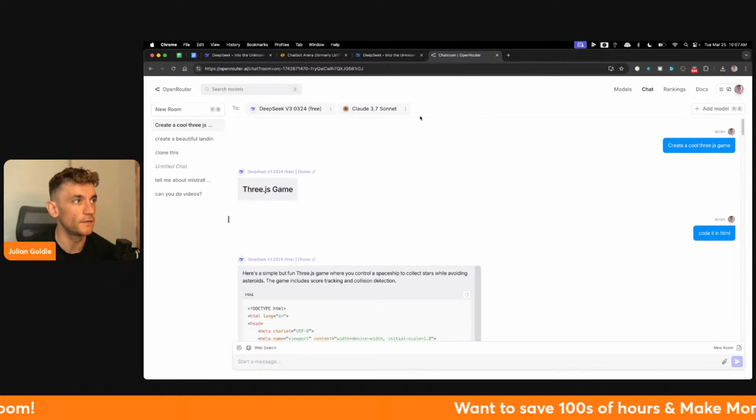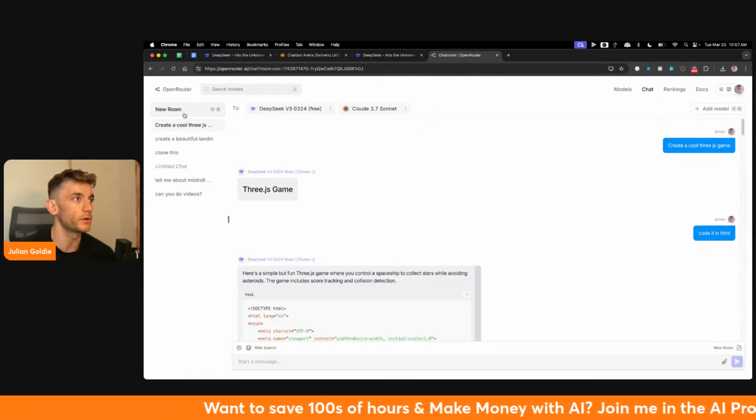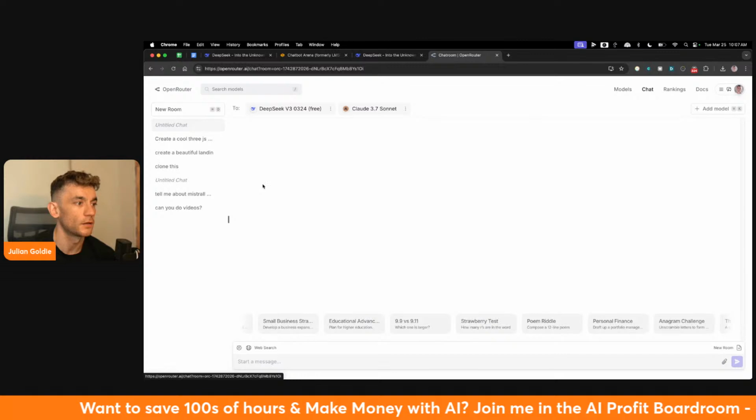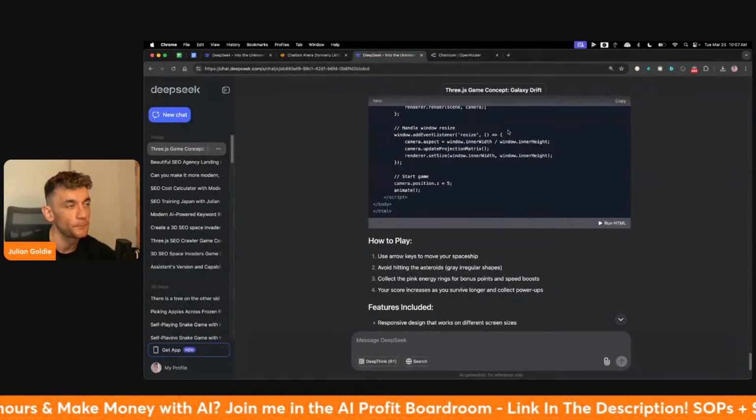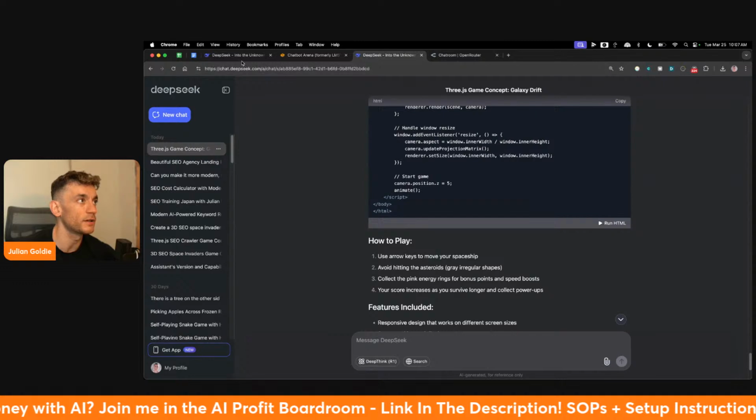DeepSeek version 3 versus Claude 3.7 Sonnet. Who wins today? We're going to test this out and see who's the winner, which one is the best. Now, if you're not familiar with this already, just a few hours ago, DeepSeek released